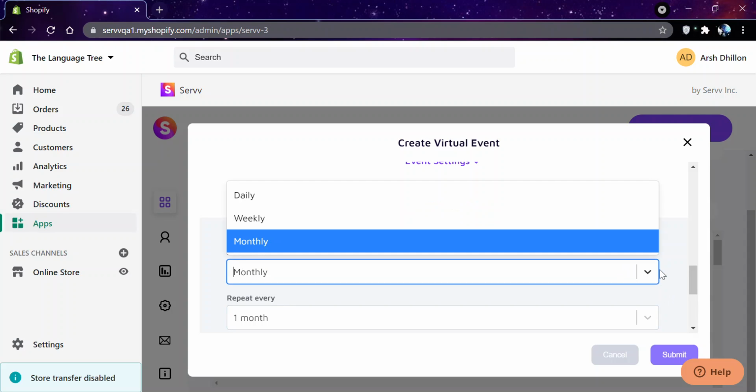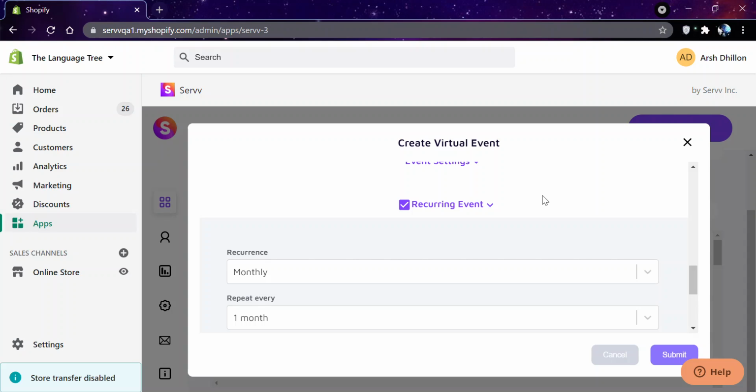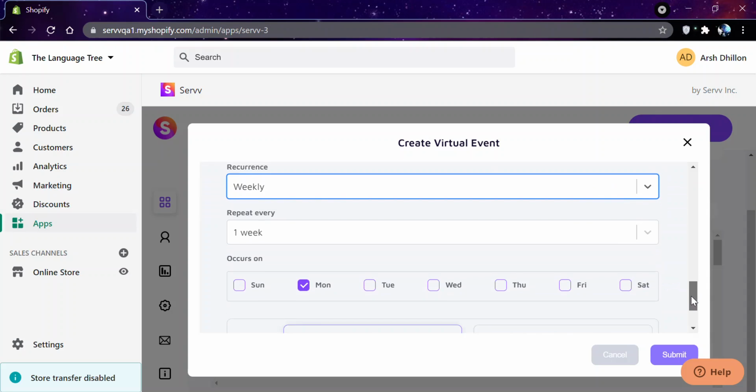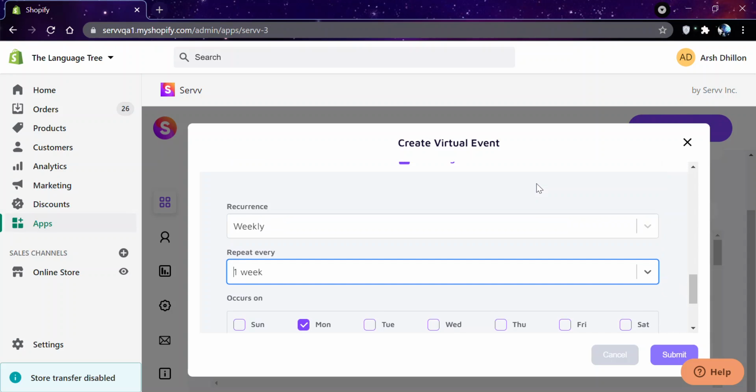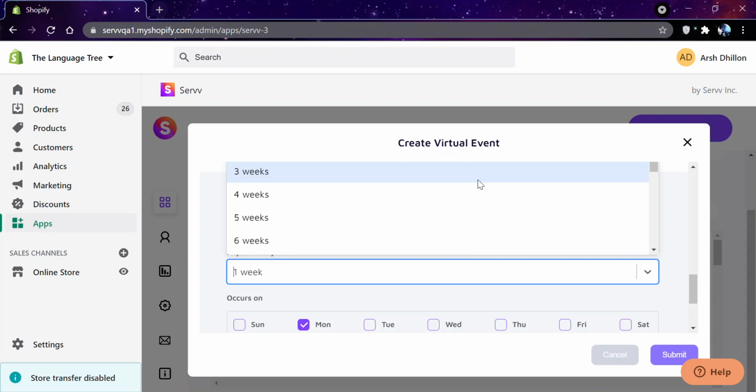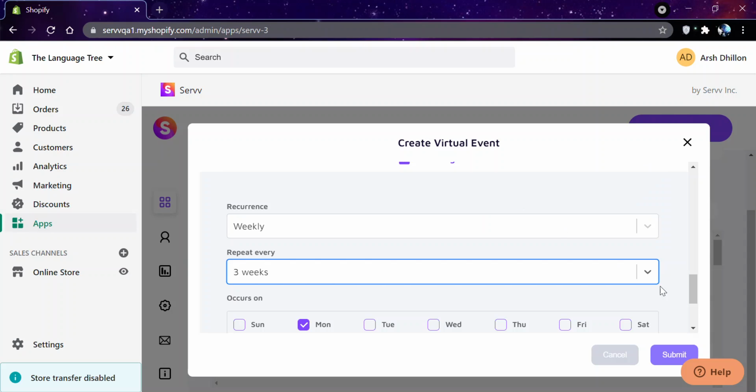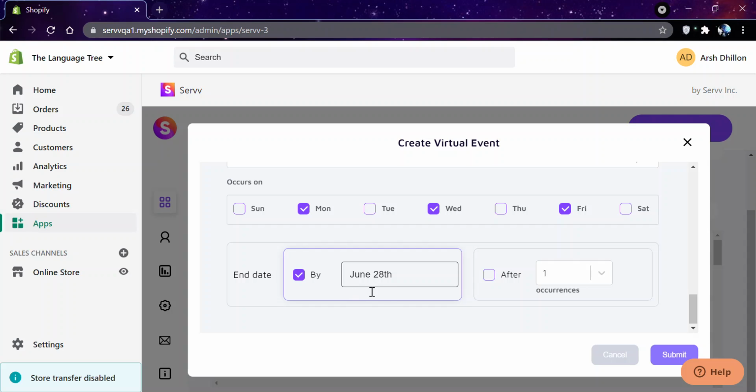In order to create a recurring event, you need to click on the recurring event option and pick your settings. Let's say a weekly event that repeats every 3 weeks, on Monday, Wednesday and Friday. Now you can select the end date by which it ends.